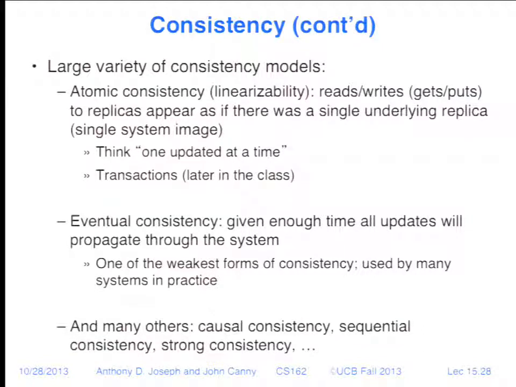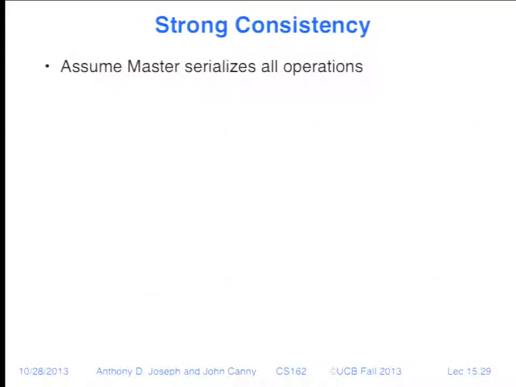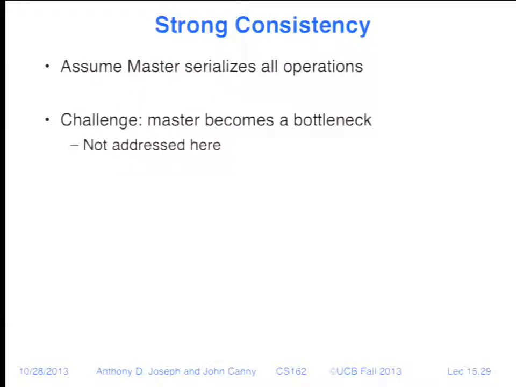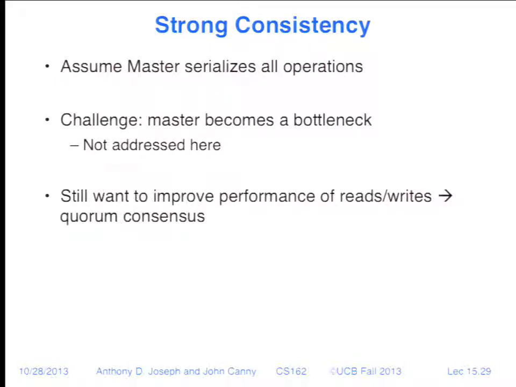Well, there's a variety of other strategies that are used that provide different stronger or weaker types of consistency. All right. So strong consistency, we described this already. It's basically the idea of serializing all of the updates. It has serious performance consequences, which is you're basically losing your parallelism. But it does at least guarantee everything's consistent because all of the copies are being updated before you can do